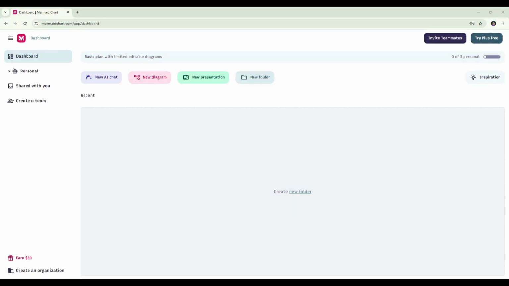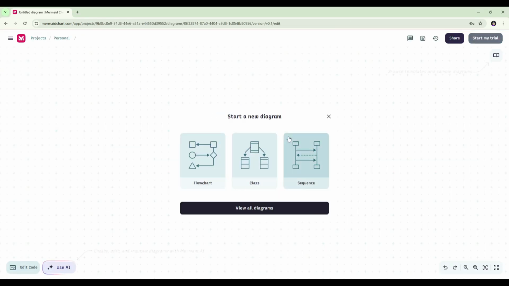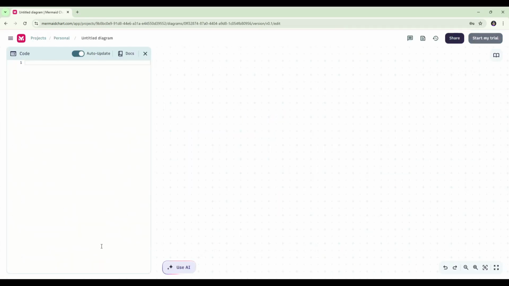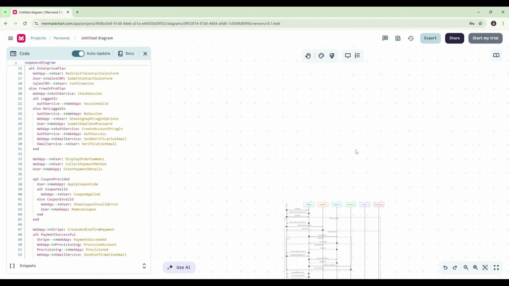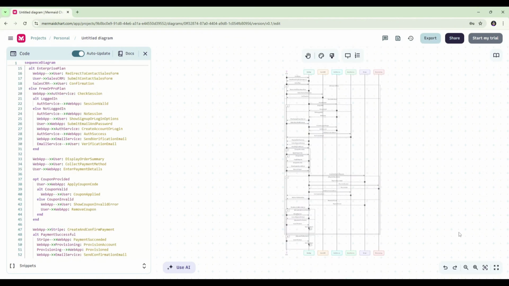Okay, so we're in Mermaid now, and I'll show you how you can just copy paste the code across if you want to recreate the flowchart or diagram in Mermaid. You can see here we're on the dashboard. If we click new diagram here, that opens up this page. We can just close that because we've got code we're going to use, and on this left hand side bar where we can see code, we can just paste our code in, and that recreates our sequence diagram from